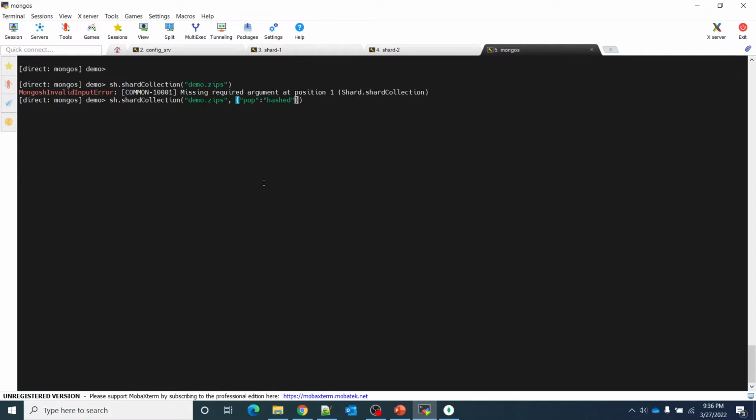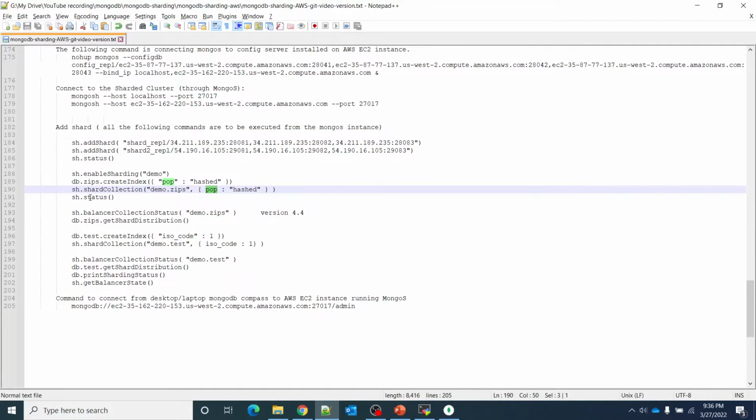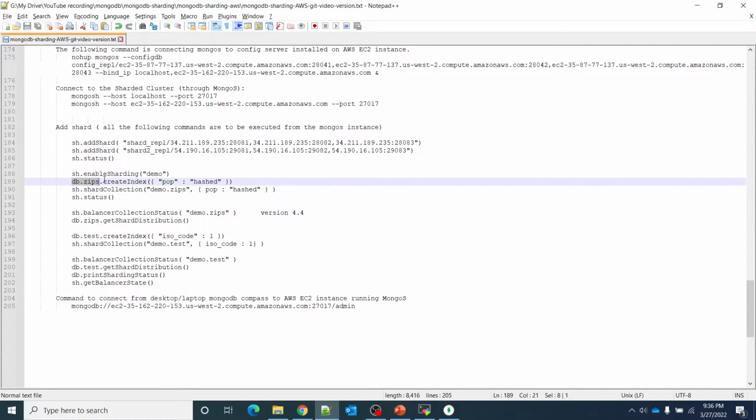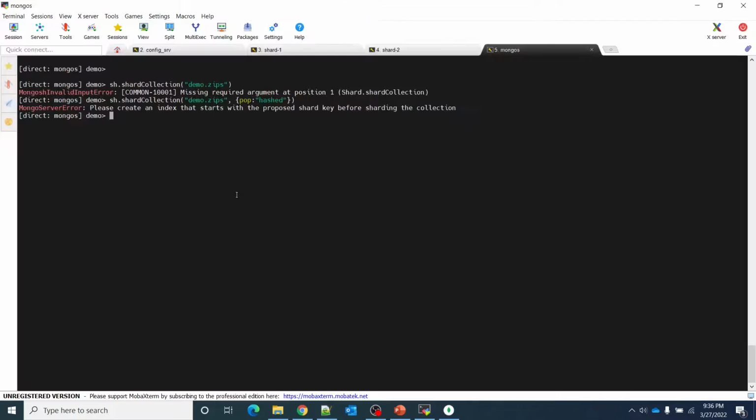Hashed, pop is a field. Please create an index, right? So I will have to create an index also. So I am going to create an index on that first. Again, I am creating a hashed index here. This is an example of hashed sharding. So now if I create,